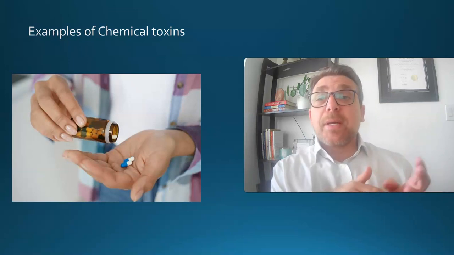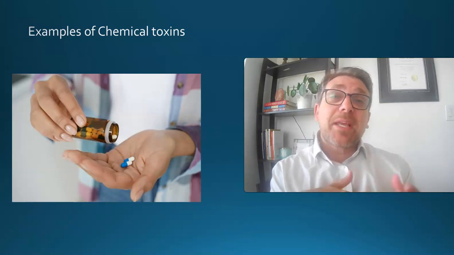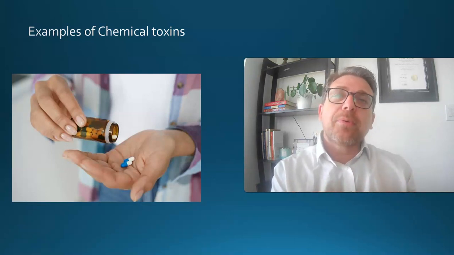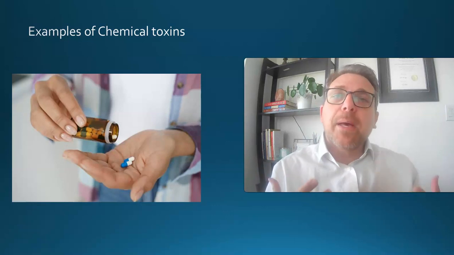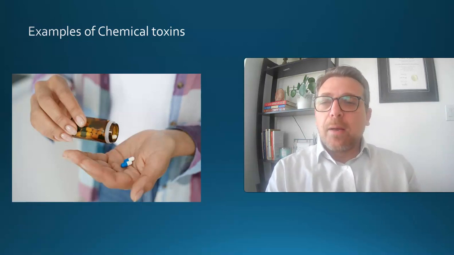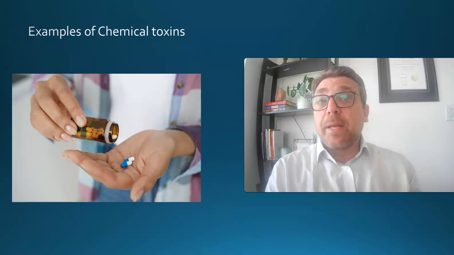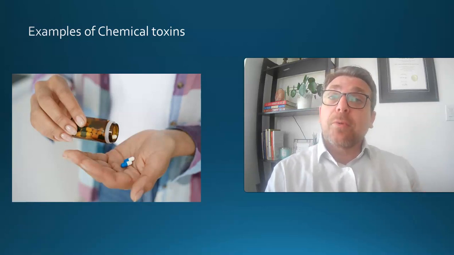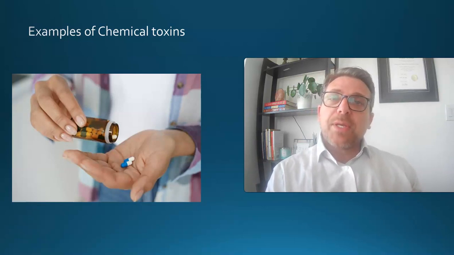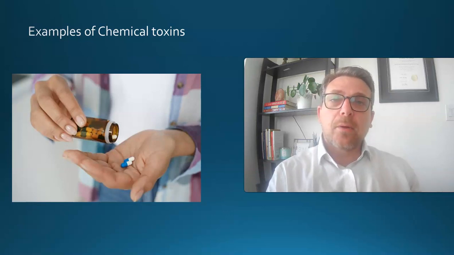And the last example of chemical toxin is medications. Paradoxically, medications that we take for the purpose of getting better. Different types of medications can actually contribute to inflammation, to harm. For example, and again paradoxically, cholesterol-lowering medications, which are designed to help protect you against cardiovascular disease, when taken over a long period of time at a high dose, we know that they can contribute to